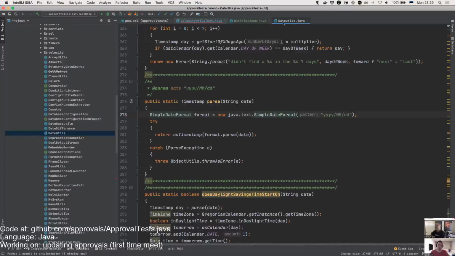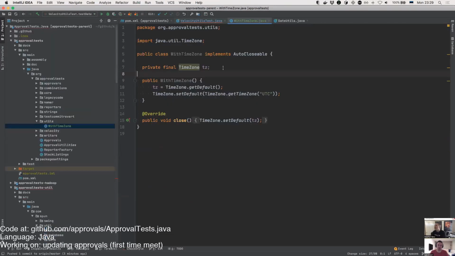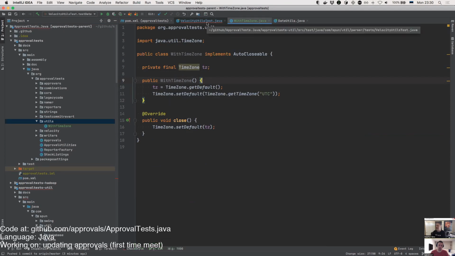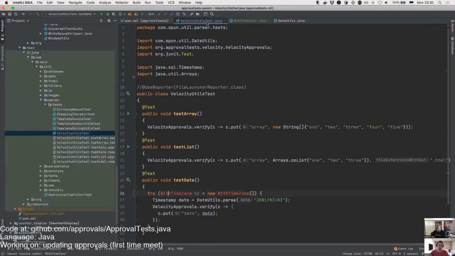Can you go to the with time zone? Yeah, no, go to with time zone. Go on up to the top of it. Okay, so that is correct. Okay, everything about that is good. Now let's go to approval test utility, velocity utilities test.